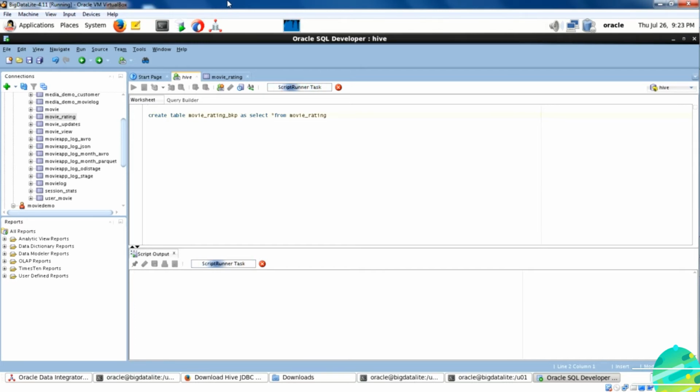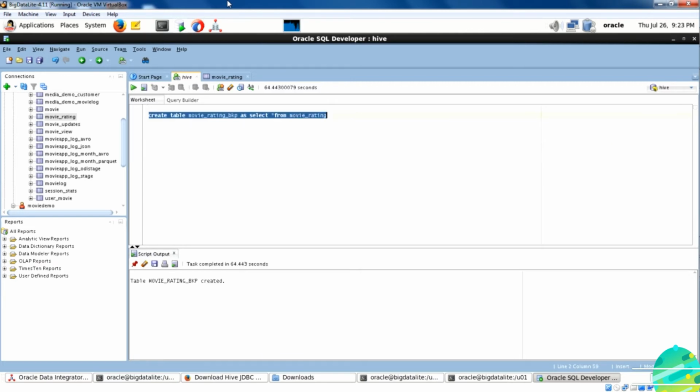The commands are more or less the same. This is going to create a new table, movie rating underscore BKP, and it will have the same data as movie rating. Once this table is created, you can truncate movie rating and you will repopulate it using the ODI mapping, which you are going to create soon.